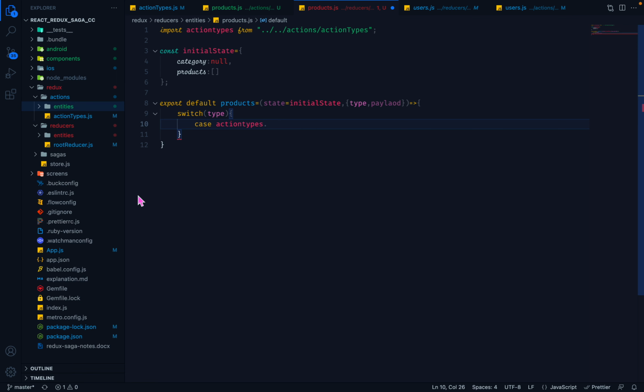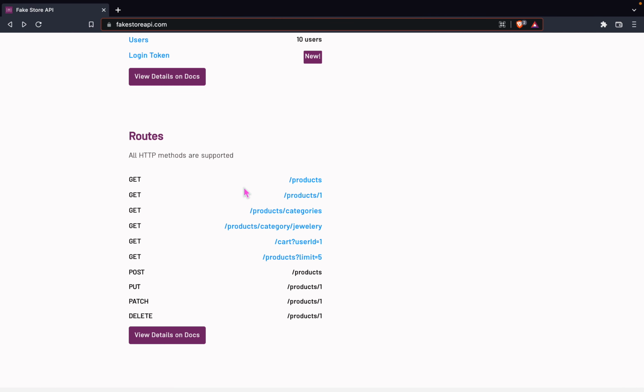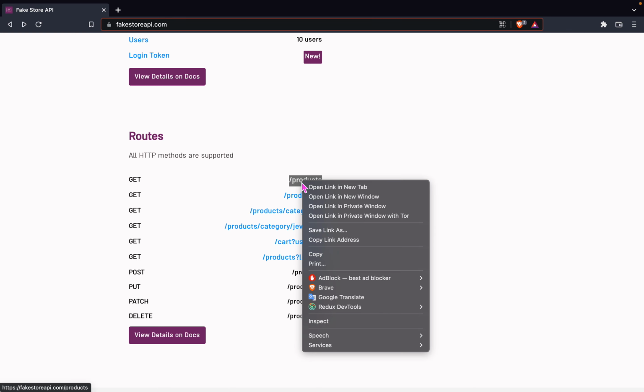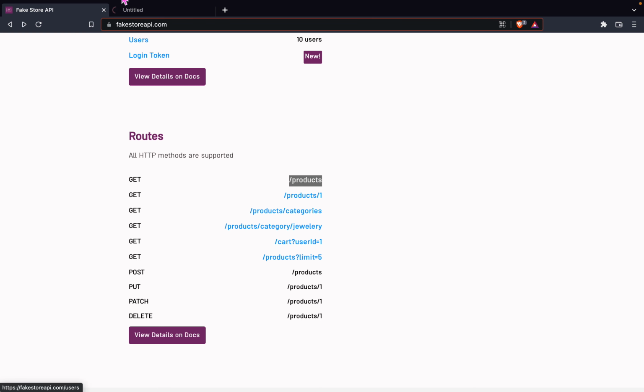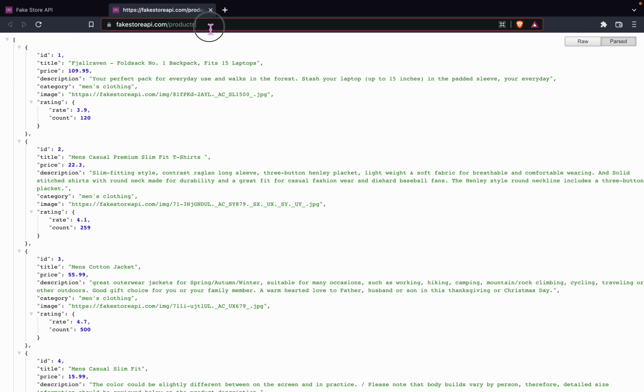What I'm doing is, this is the fake API which I will be calling. Suppose I give products, so when I go on this link, I will get this data. Now my plan is to do